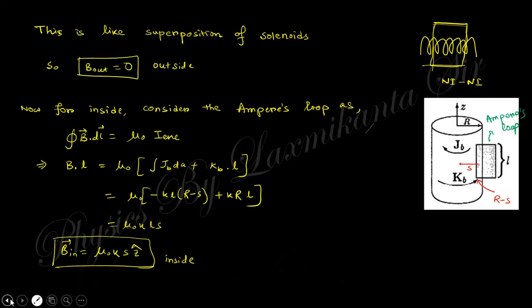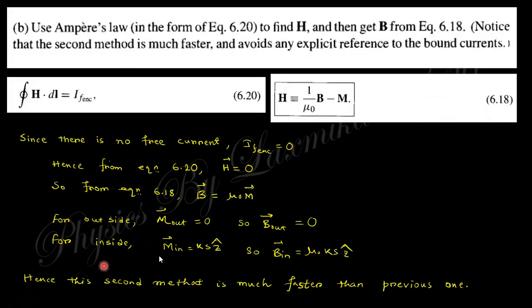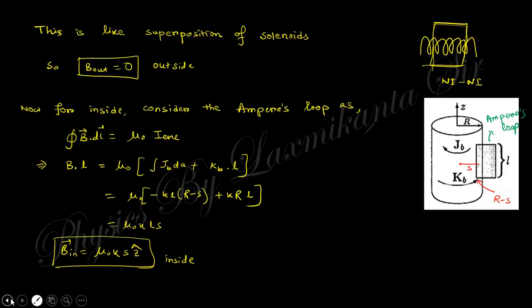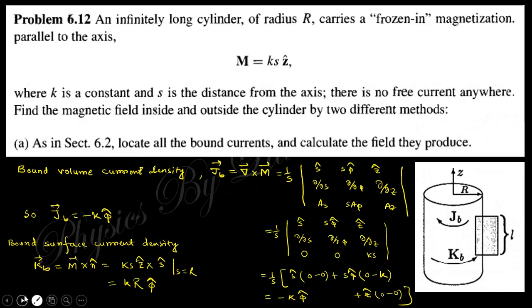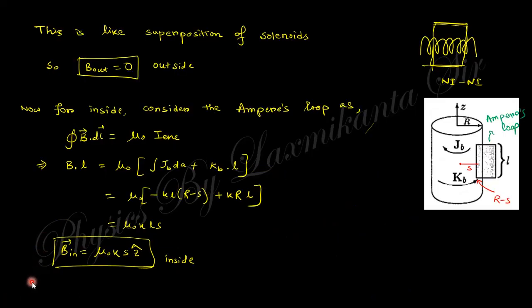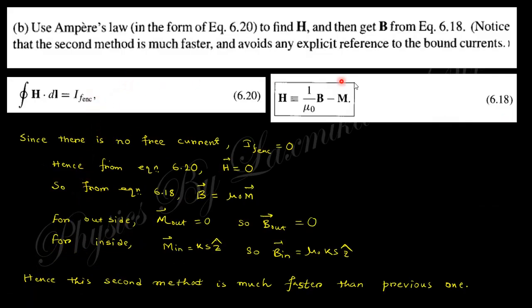So you can find this expression for B out and B in very easily compared to the previous one. In the previous one, from the magnetization we got the current density, after that we applied Ampere's law, and then got this magnetic field. But here you can use these two equations and easily find the magnetic field inside and outside. It is faster than the previous one, right? Next one,